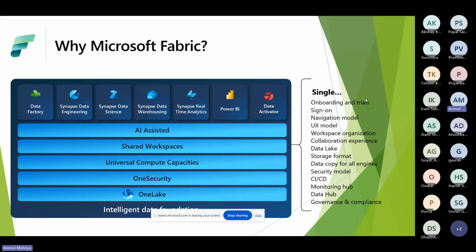So here comes Fabric, which tries to unify everything into one platform so that any duplication is reduced and costs are minimized. It offers a separate solution for each of these three teams. We talked about data engineering, data analytics, and data warehouse. So we will have Data Factory, which can help us with any task related to data pipelines or dataflow, and this will help the data engineering team.